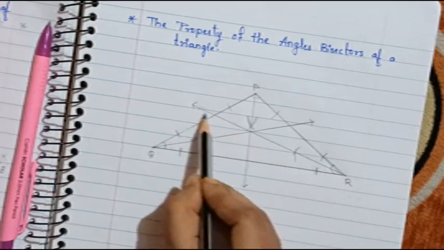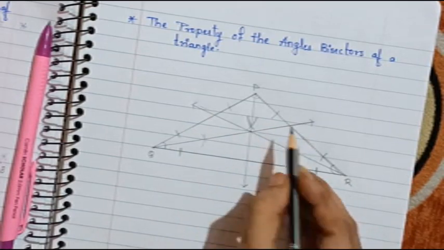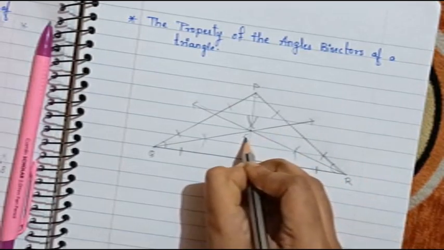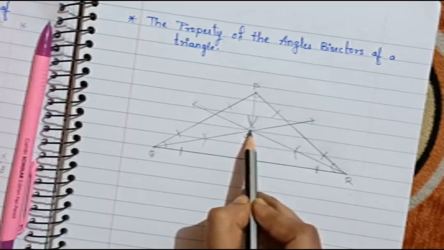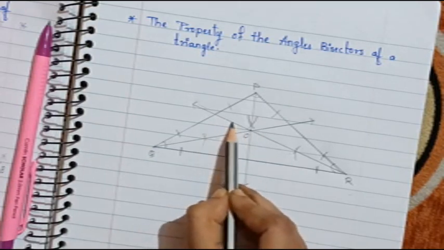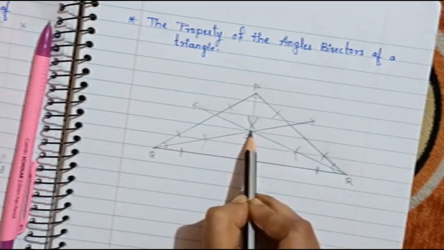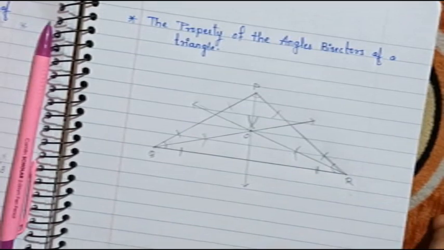Now all these three angles have been bisected, but while bisecting they have been joined at one point. Okay, you can see they have been bisected at one point. So we will name this point as point O. Okay. Now, students, what is this point known as? जहाँ पे three bisectors pass through the same point. When these three bisectors pass through one point, they are known as concurrent. What are they known as? They are known as concurrent point.